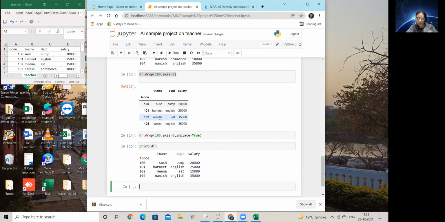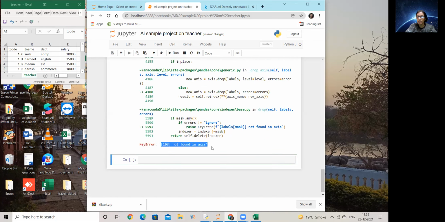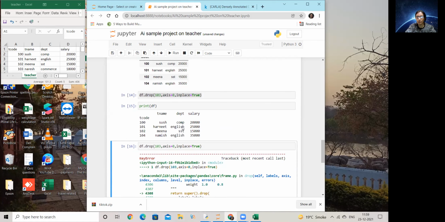Many of you were having this issue also when you were doing the practical exam. It did not show you in the output that the record was already deleted, and you were then later trying to do something or trying to delete again. It would give me an error, right? ID not found, and you people got confused: hey, it hasn't been deleted, what happened, why is it giving me an error? Because it was deleted immediately. See, now the error has come. 103 not found. Did you face this? Many of you faced this error in the practical exam also.